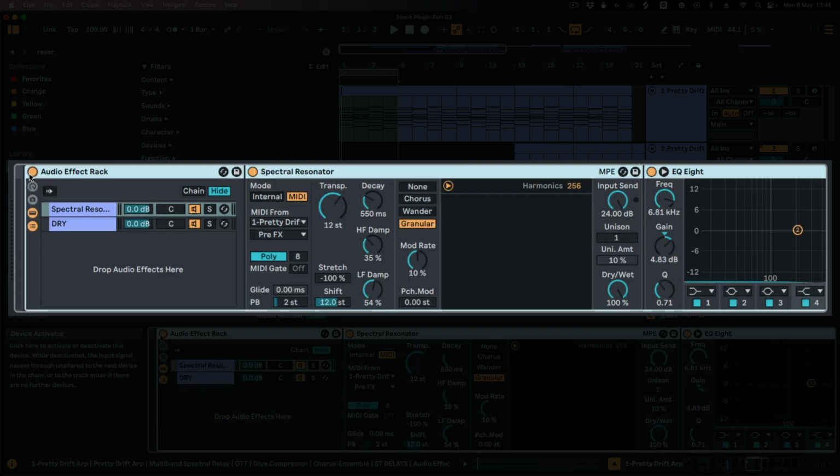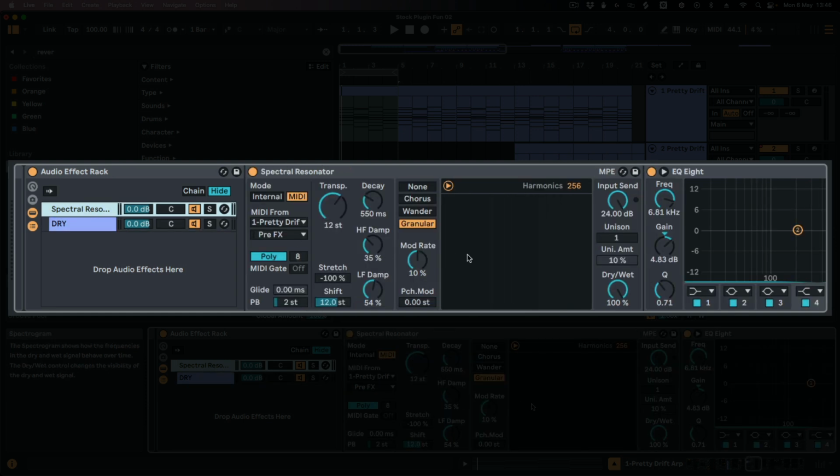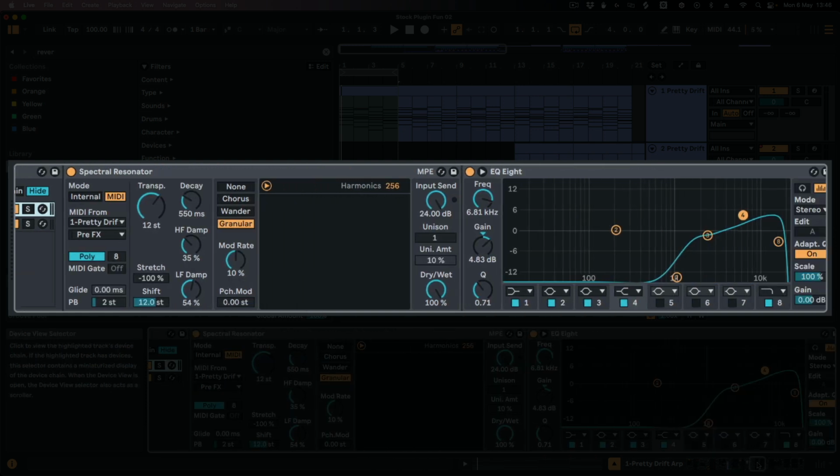The next effect rack we're going to move to is a combination of Spectral Resonator and a dry signal out. So I've just set up 2 chains here. The dry signal has no effects on it, whereas the Spectral Resonator has a Spectral Resonator and an EQ. And I've taken the MIDI from the input signal of this channel, and I've also set the signal to pre-effects as well, because I only wanted the drift to be affecting the sound of this, rather than any other effects